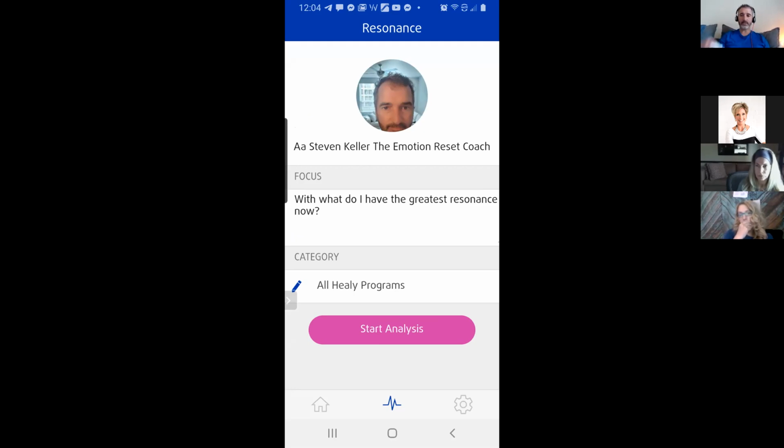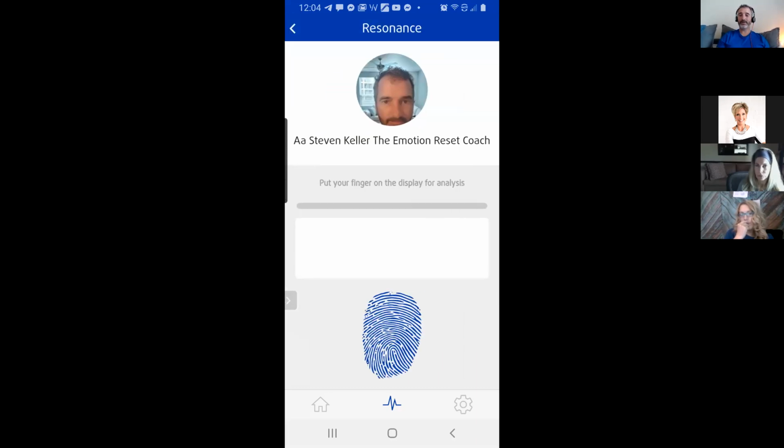Okay. So I do not have to be touching this when I do that, because the Healy already knows my universal address. Okay, so when I hit that, by the way, see this thumbprint right here? It's not actually needing a thumbprint. This screen of my phone does not have the ability to record or analyze a thumbprint.